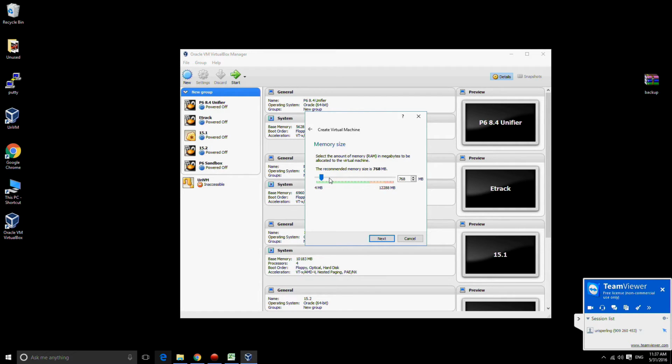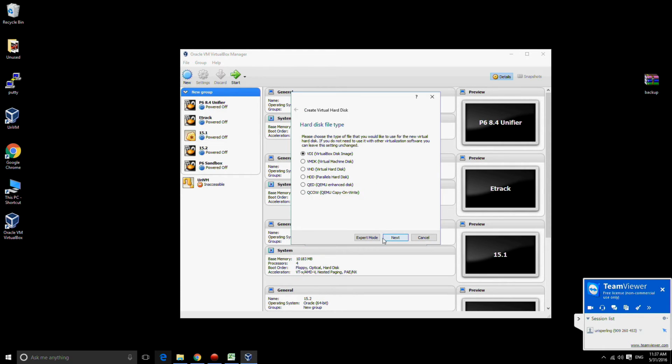You want to make sure you have enough disk space and memory to run this virtualization platform. I'm going to give it about 6 gigs RAM, and I'm going to create a virtual hard drive now. So let's see, what are the options? Create, use. We're going to create. We're just going to choose the VirtualBox disk image,